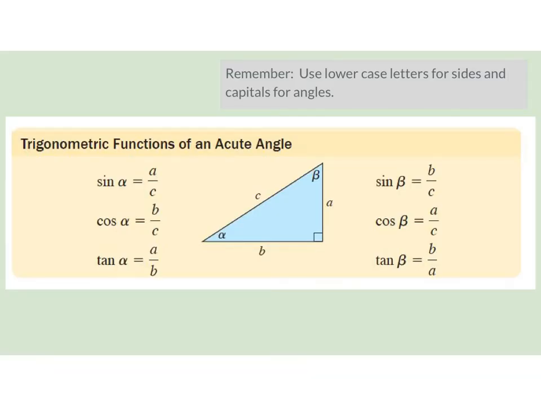As we look back to the right triangle trig that we worked on in Algebra 2, let's start by remembering that all lowercase letters represent sides and capital letters are always used for angles. Depending on what angle you're standing at will tell you what ratio you're going to use. Sine is opposite over hypotenuse, cosine is adjacent over hypotenuse, and tangent is opposite over adjacent. Some of us will remember SOHCAHTOA